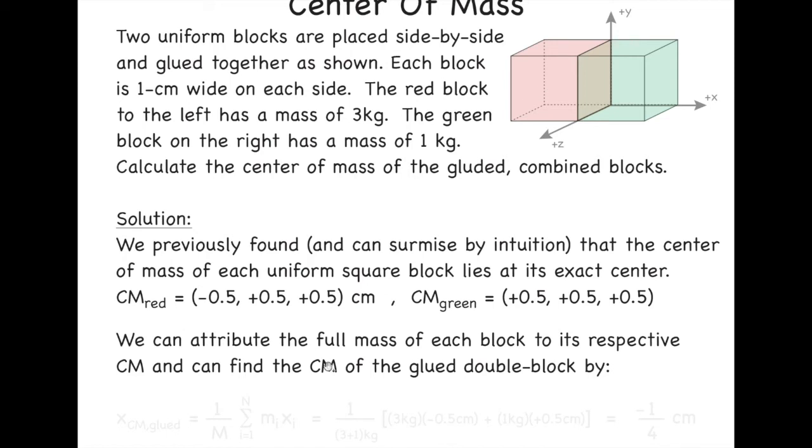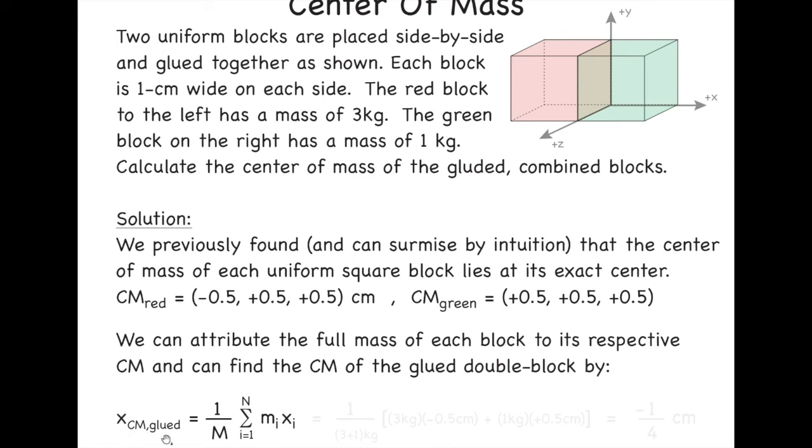And then we can find the center of mass of the glued double block by the same process we did in the previous example, where I just gave you the coordinate of a mass and a coordinate of a mass. And we assumed all the mass was concentrated there, but here we can also assume that all of the mass of the red block is concentrated at minus 0.5, 0.5, 0.5, and all of the mass of the green block is concentrated at plus 0.5, plus 0.5, plus 0.5. So then we just go back and add them discretely like we did before,